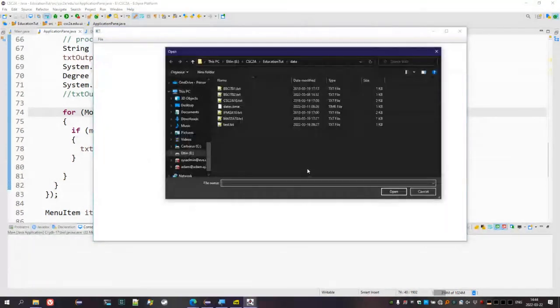I haven't written code to handle incorrect files. We handle cases where the user doesn't choose a file. If we choose another file, so let's choose this dates.time file. Remember, dates.time had the dates to test our regular expressions. Obviously, this is not something that can handle degrees with modules. If I click open here,